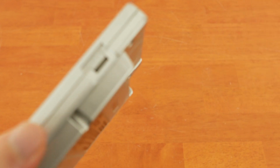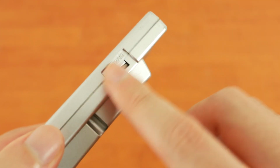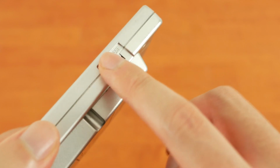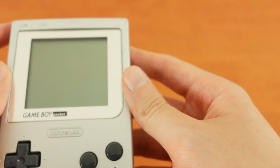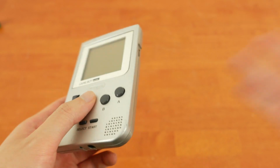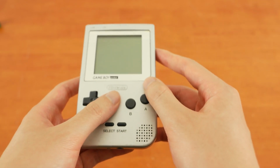Now, I've never owned a Game Boy Pocket before, but it didn't take long to find this contrast knob on the right. Actually, I was looking for the power switch since that's where it is on the Game Boy Color, which I'm more familiar with. And I've seen contrast knobs like this on other cheap LCD devices like calculators and whatnot. So when I found this knob, naturally it became the first thing I looked at when I started to troubleshoot this. And wouldn't you know it,